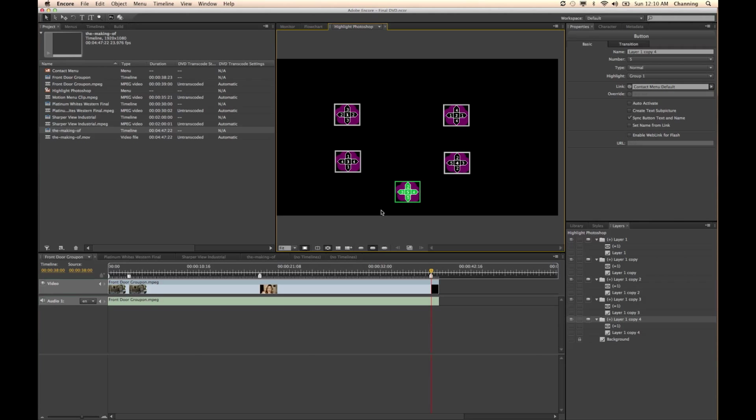Click on your button routing and it will show where your buttons navigate to from one button to the next as you arrow down or arrow right or left on your DVD remote. I'm going to go over here. One thing that you need to do